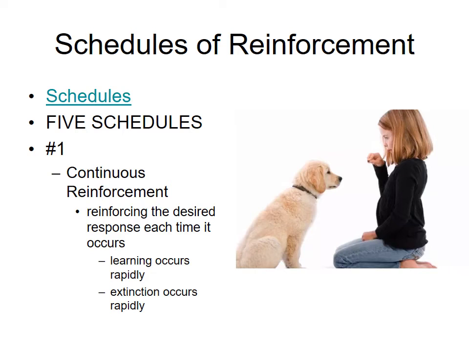So continuous reinforcement is a one-to-one type thing. Every time the behavior occurs, the behavior is rewarded. Learning happens rather quickly. But there is a problem. If you withhold the reward, if you withhold the reinforcement, strangely enough, the behavior will still continue. It will spike. But if that reinforcement does not come back with a trial or two, then extinction happens rapidly. In fact, the puppy will just ignore the sit command. So for continuous reinforcement, the benefit is that you get very quick learning, but you also have very quick extinction of a behavior.